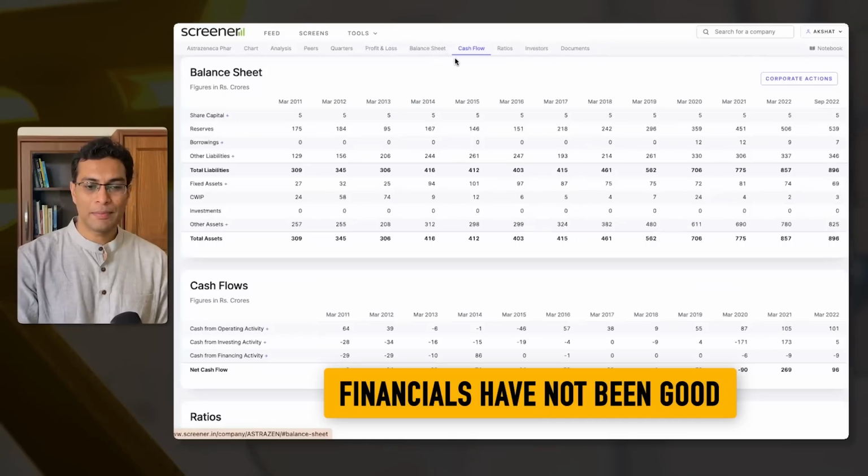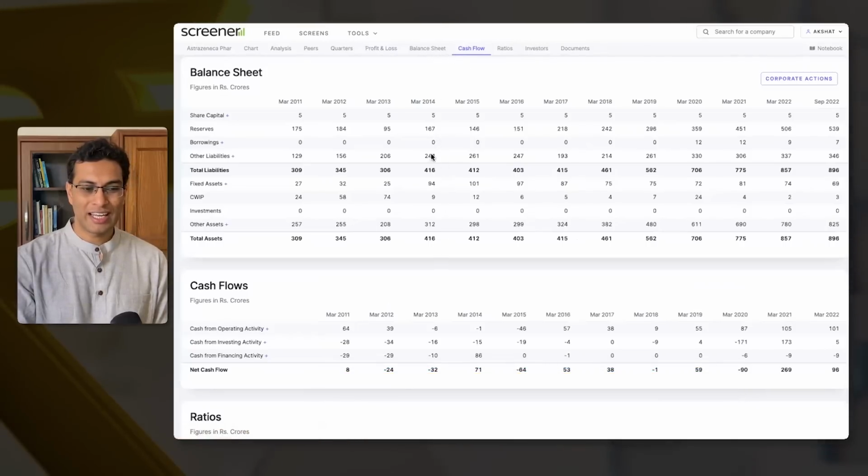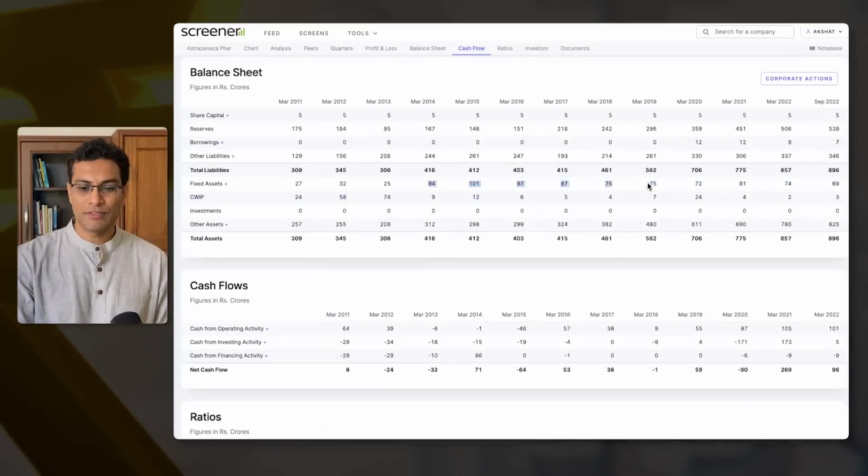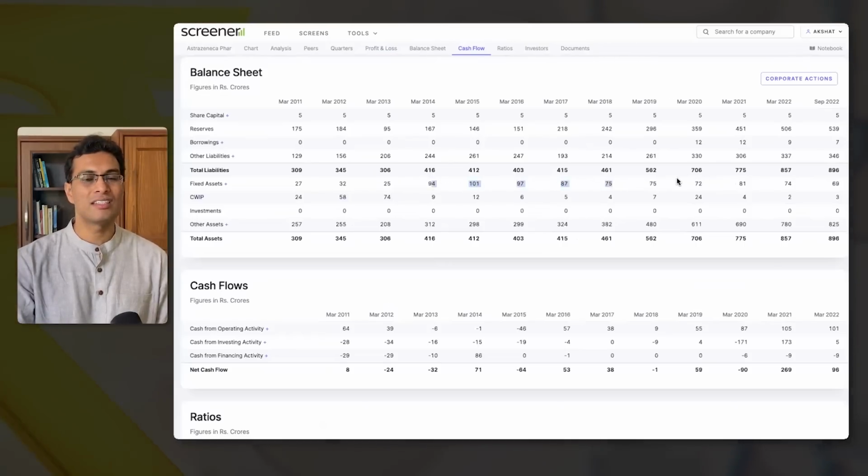If you consider its capacity expansion, again, the picture is not very healthy. If you take a look at their fixed asset capacity expansion, it's not as if they are showing a lot of faith in terms of their expansion capabilities. They are not pouring in more money. They used to put in more money back in 2015, 16, 17, all these years compared to what they are putting now. So again, it's not a very healthy sign.